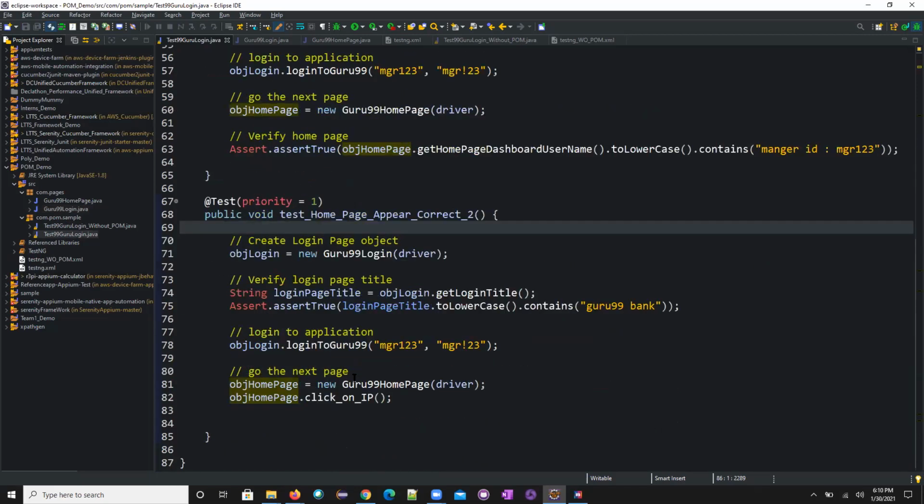So guys, you may not understand the drastic impact, but if you have major functionalities and methods, and you have used them in 3000, 4000 test cases, and you want to make a change, then going to each and every test case and making the change is a highly impossible task. At that point of time, POM comes in handy and helps a lot.